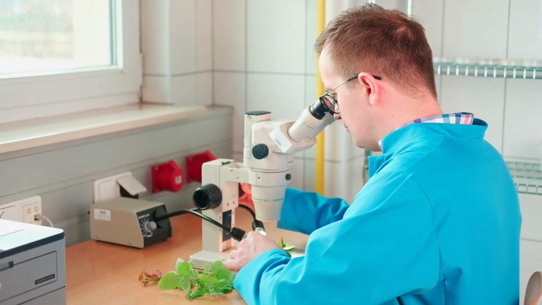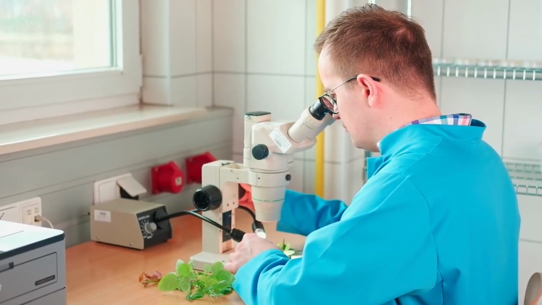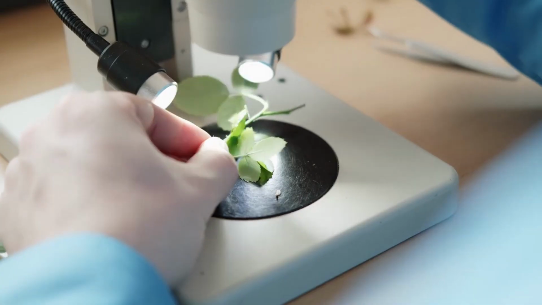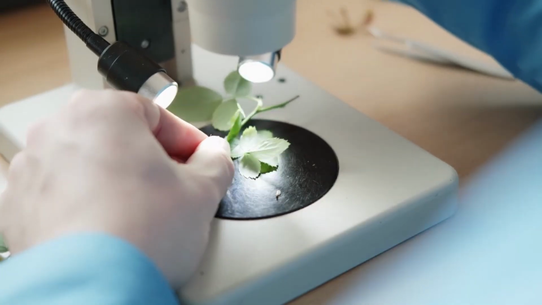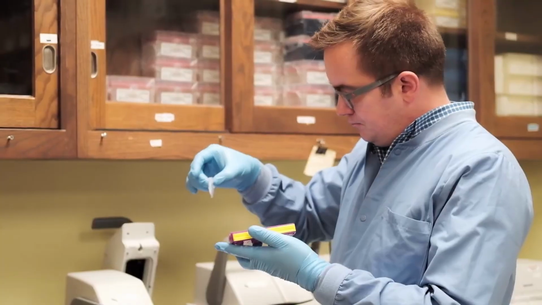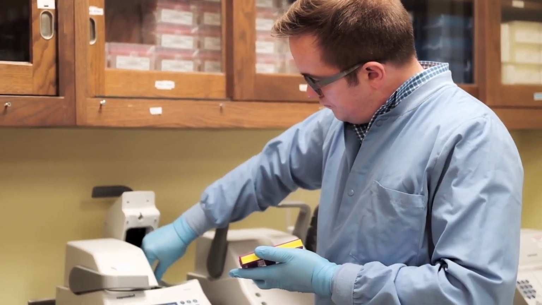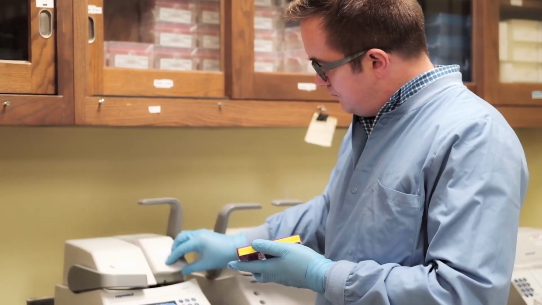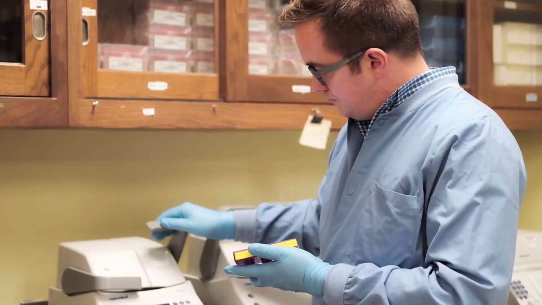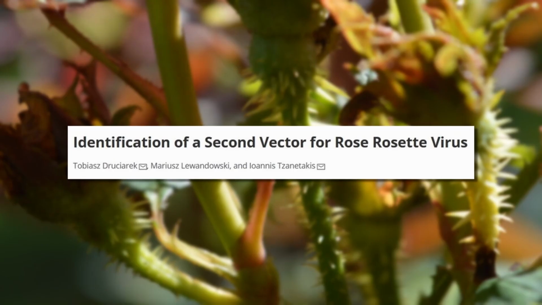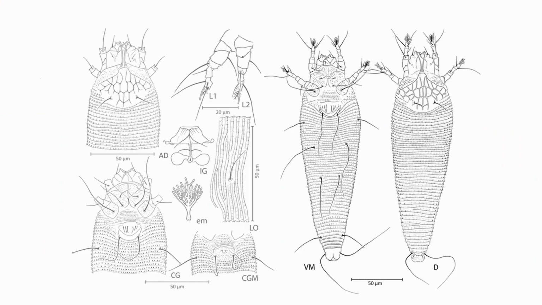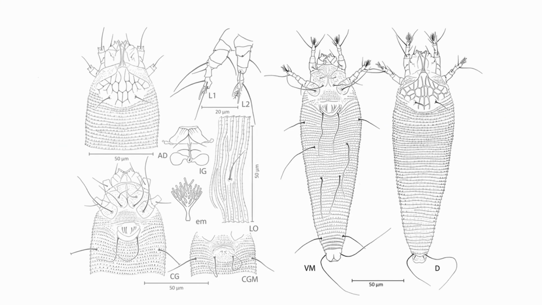I studied the population structure of eriophyid mites on roses to really see what other species might be involved in the spread of this disease. And then I also studied the mode of transmission, and whether it's possible for this virus to replicate inside the vector. And it turns out that yes, this virus is replicating inside the mites as well, so not only in the plant. I have also found a second vector of that virus. We described it and named it Phyllocoptes arcani.